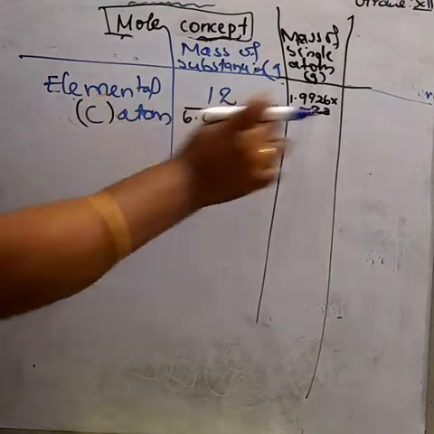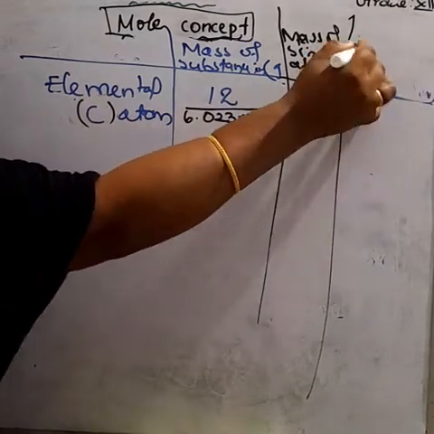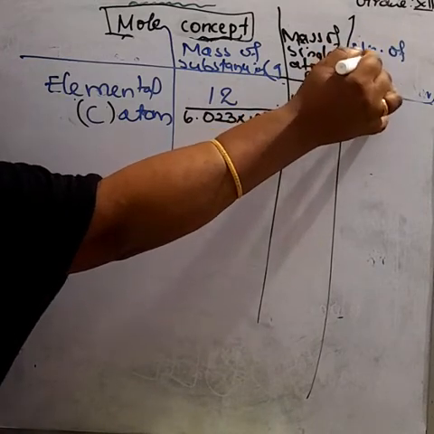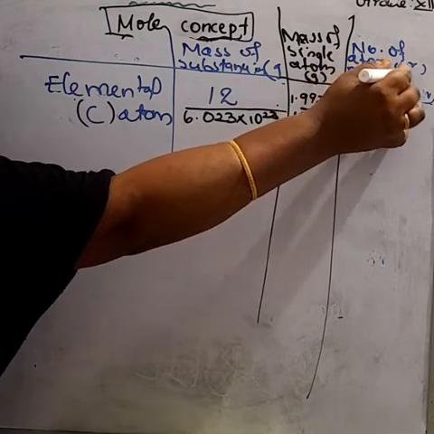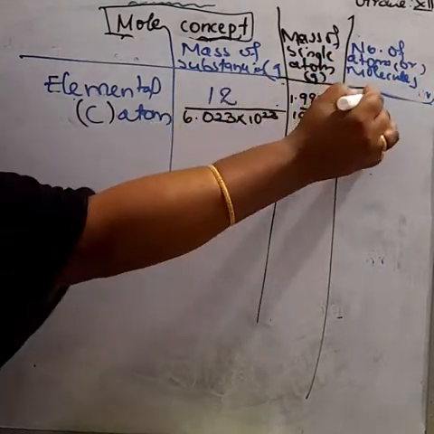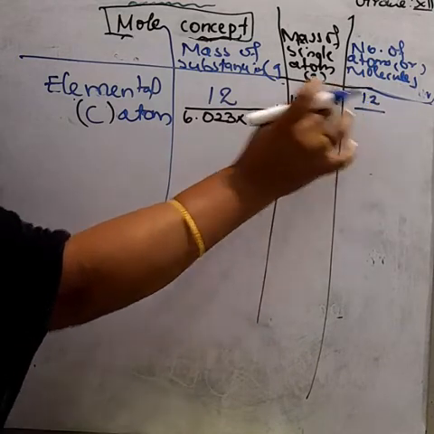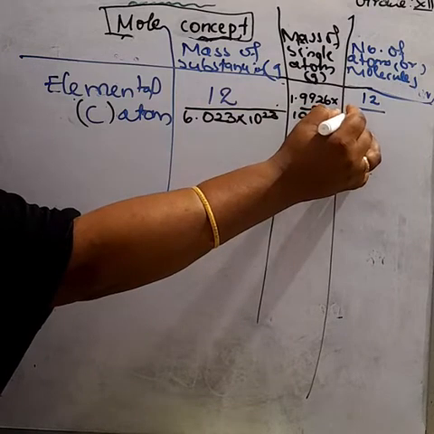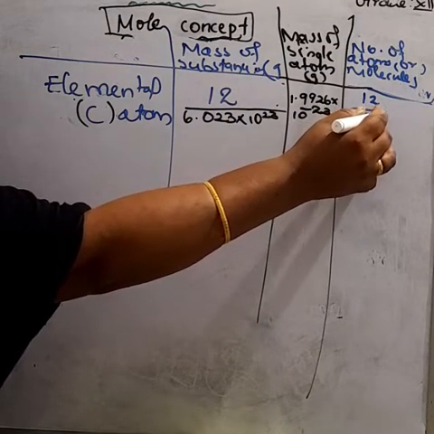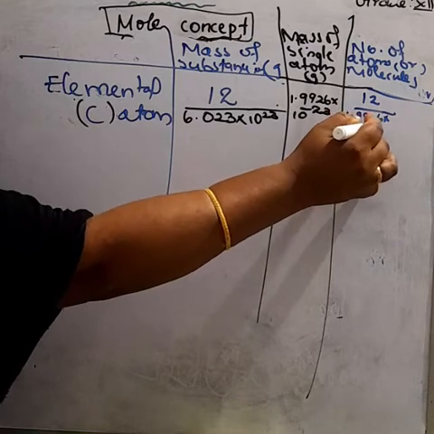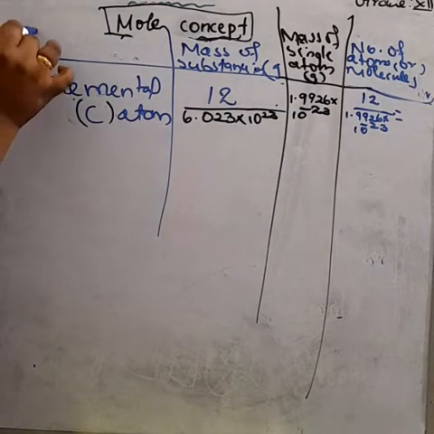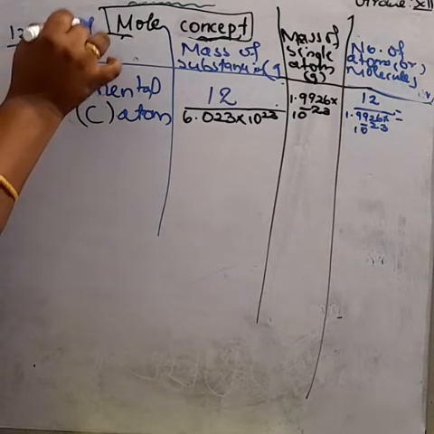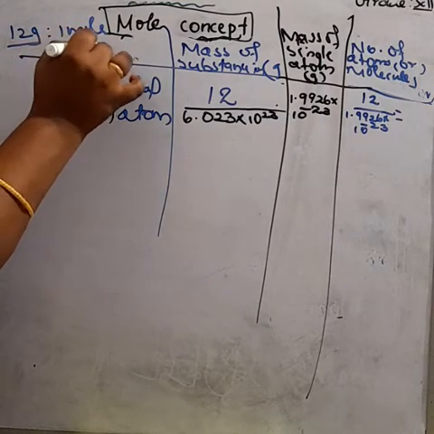Then how can we calculate the total number of atoms present in the 12 gram of carbon? We divide the 12 by this single atom mass. The 12 gram is 1 mole. So we are calculating how many total atoms are present in 1 mole of this substance. 1 molar substance means 12 gram carbon, that is 1 mole. So we know that 1 mole means 6.023 into 10 power 23.